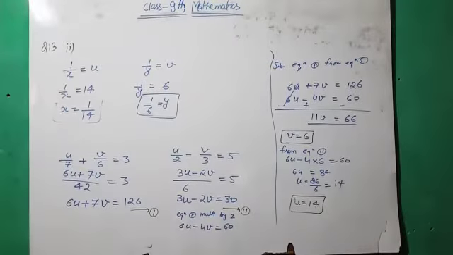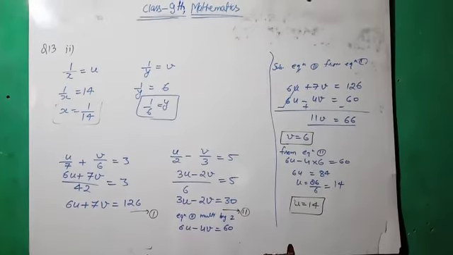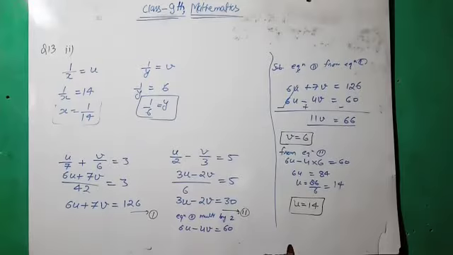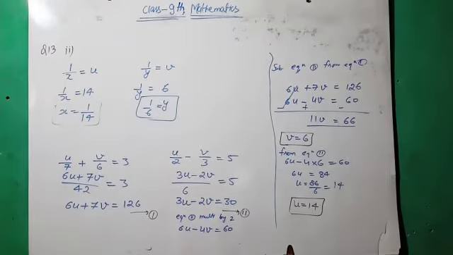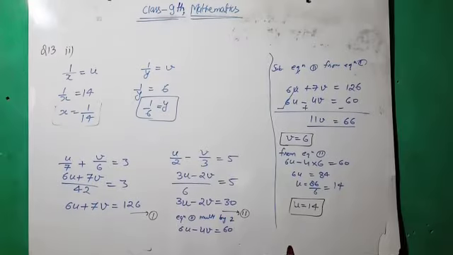Similarly, you have to do question number 13 first part. And one more example you have to do, example number 9, in which we take 1 upon x plus y and 1 upon x minus y as a, b, or u, v, whatever your choice. Now we will move to question number 15 first part.